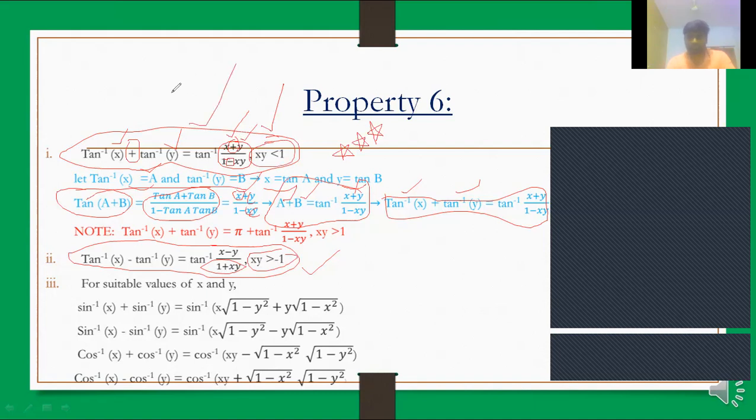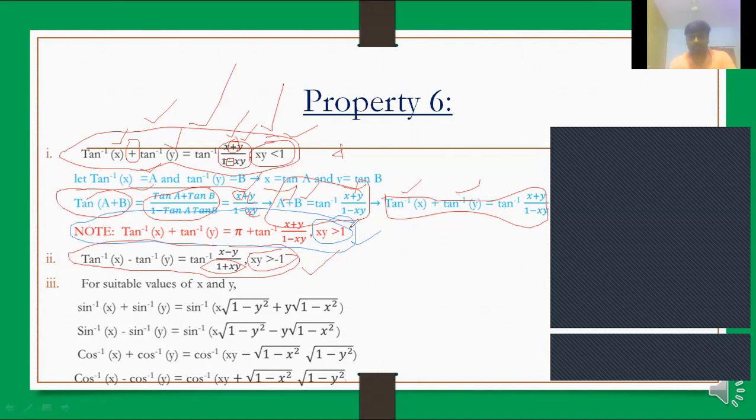In most of the cases, you will be given problems based on this formula only, because you will be given something like tan inverse of one value plus tan inverse of another value. So both values will obviously be less than 1 only. Means we are going to solve based on this property only. But in a very rare situation, a problem will be asked based on the formula given under the note. What is that? Tan inverse of x plus tan inverse of y whenever xy greater than 1.